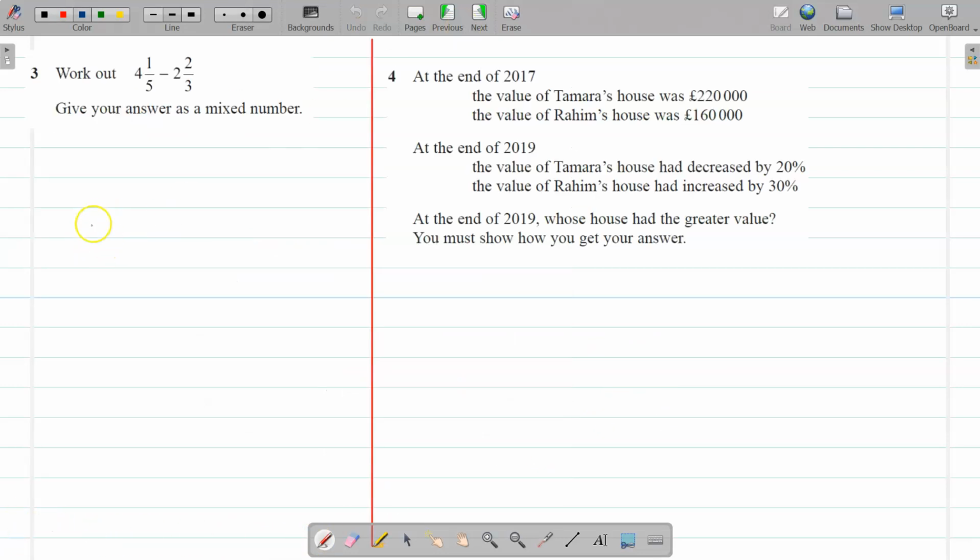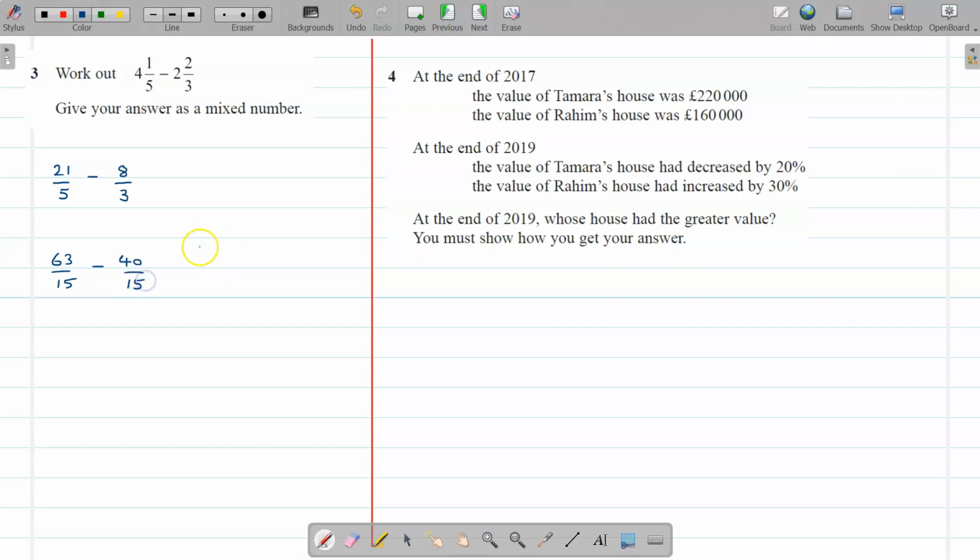Number 3, this is just a subtraction of two mixed numbers. Best way of doing this is to put them as improper fractions. So I've got 21/5, okay, minus 2 3s are 6 and 2 is 8, 8/3. Okay, change them both into 15ths because that's the common denominator. So that will give me 63/15, and from that I'm going to be taking away 24, 32, 40/15, okay, because I'm multiplying numerator and denominator